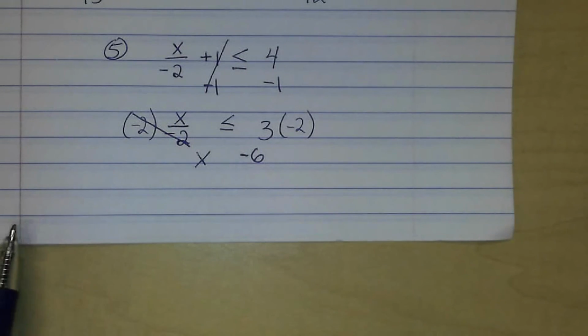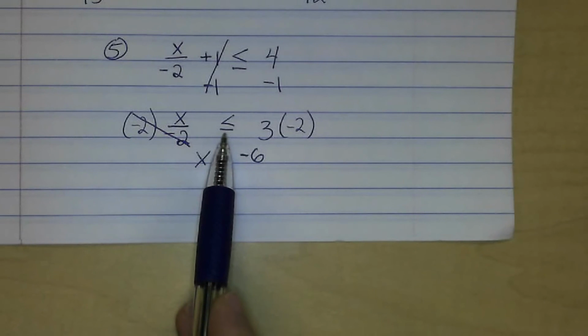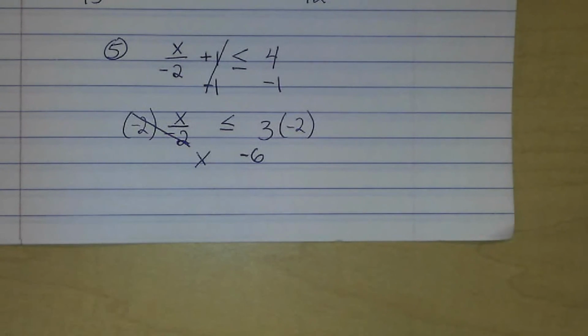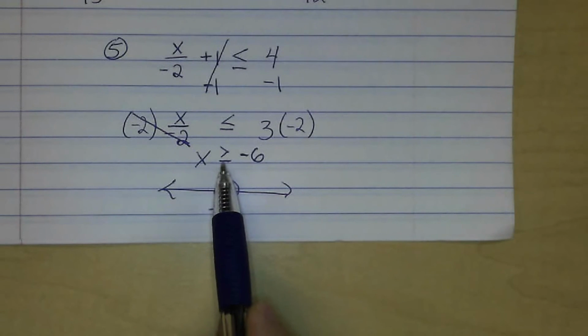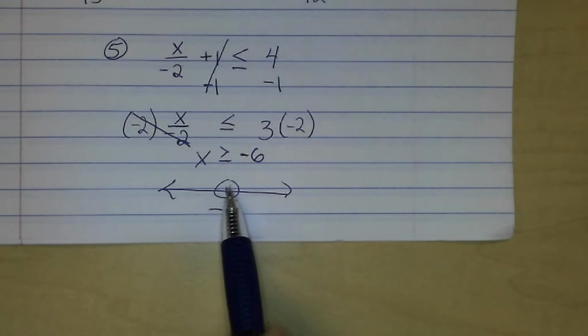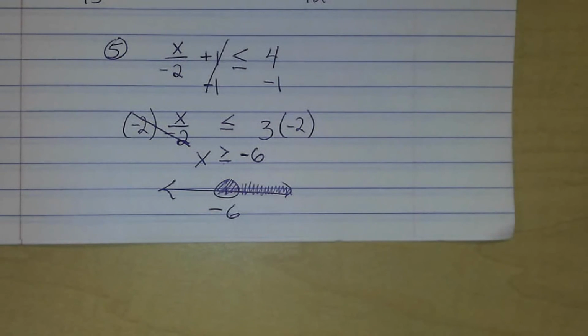Now, because we multiplied by a negative, that's one of those exceptions. That means that we're going to flip this inequality symbol. So x is greater than or equal to negative 6. Let's graph it. Because x is greater than or equal to, equal means that we shade in this circle. Greater than, we color on this side. And there we go. If you can handle all those problems,